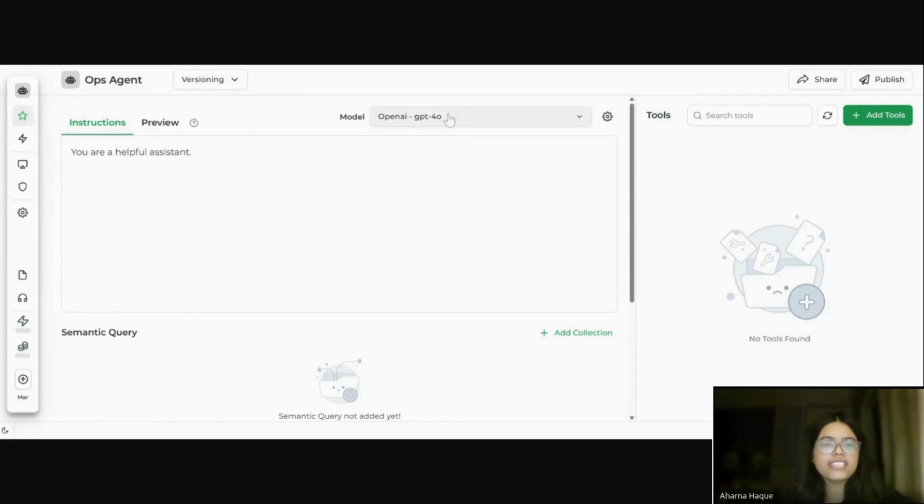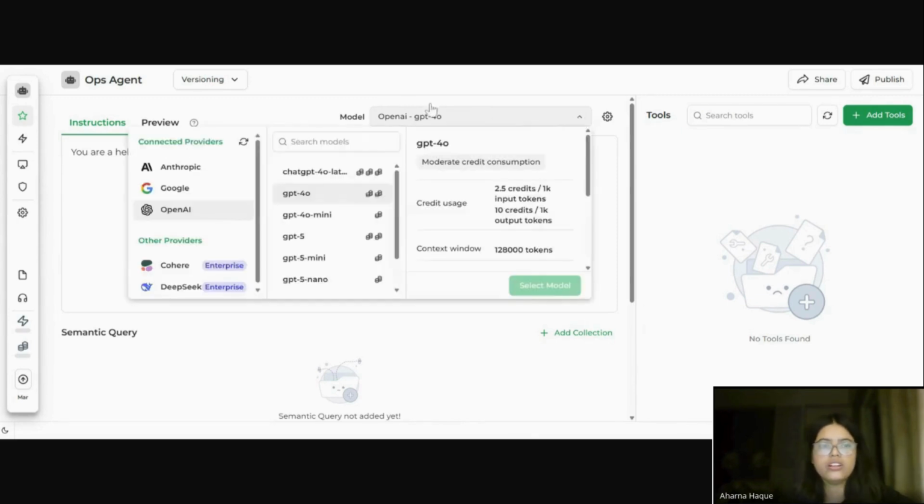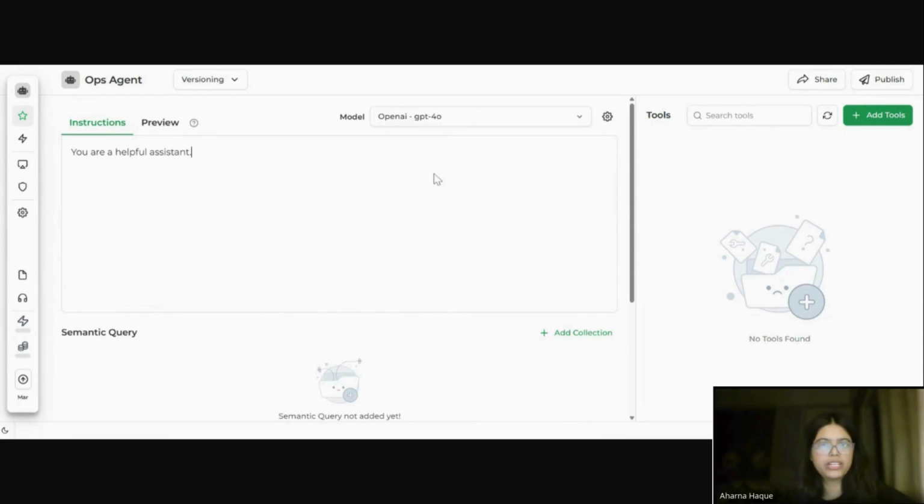Okay. Next thing, I'm going to work with OpenAI GPT-4o. If you need to change the providers, that's completely up to you. For me, this model is fine. And we will come to temperature and max iterations later. But first thing is, we are going to include the instruction from the one that I have shared in the guide. Okay. So for that, I'll just go back to my guide